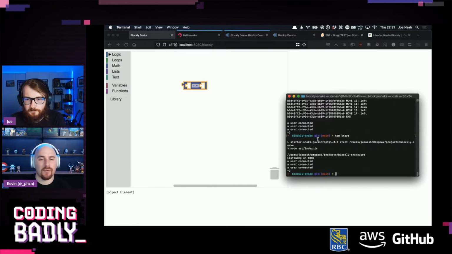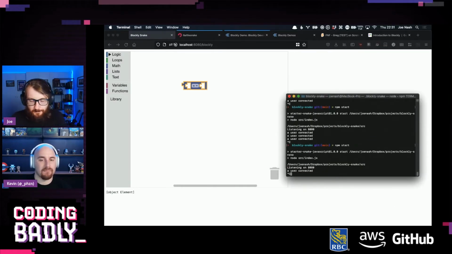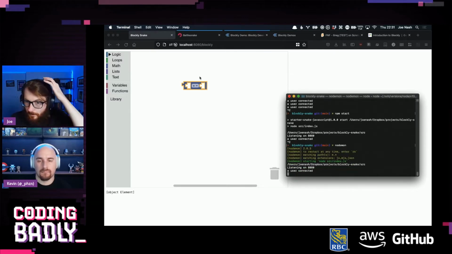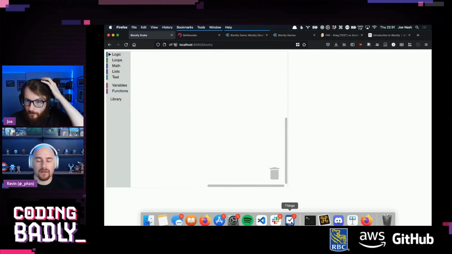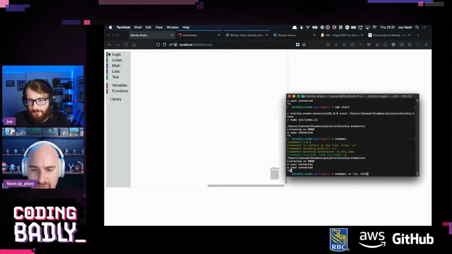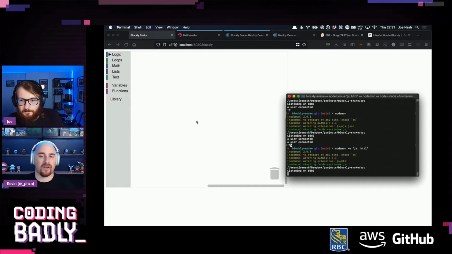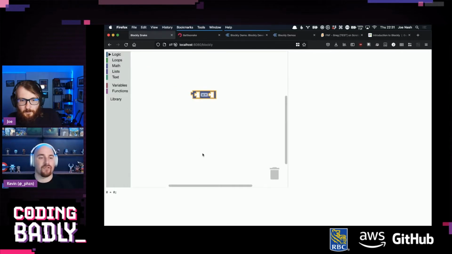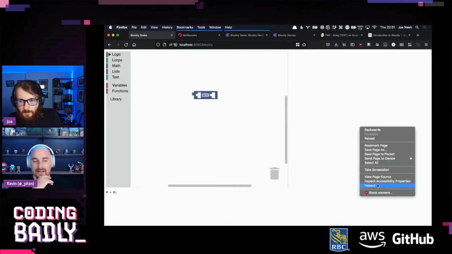Do you want to kick it off with nodemon instead? Yeah, you're right. Actually, no. So kill that. There's one more thing you're going to want to do here. So nodemon -e, in quotes, JS comma HTML, because by default it will only change for JS, and now it will also watch for the HTML changes and kick it off again.